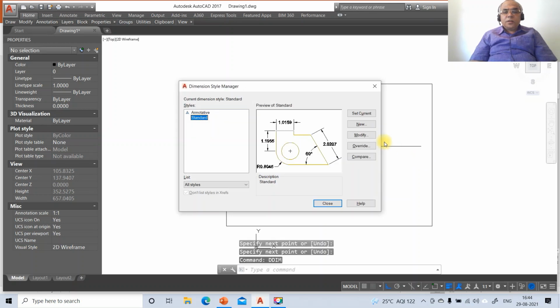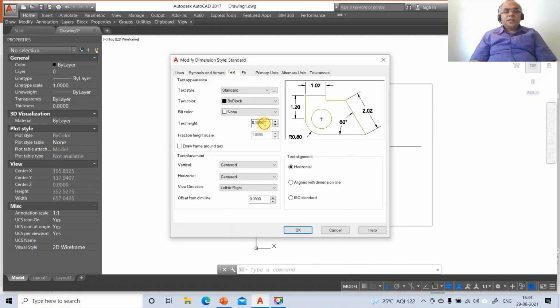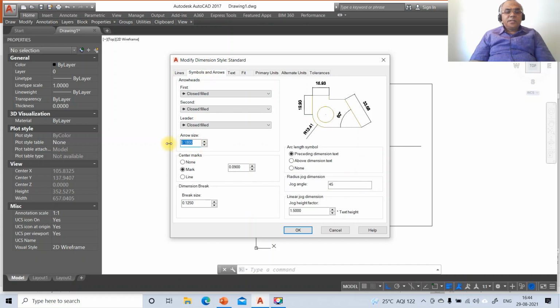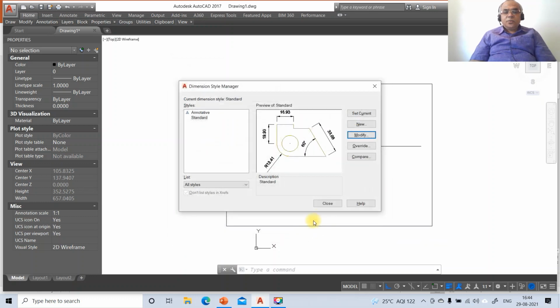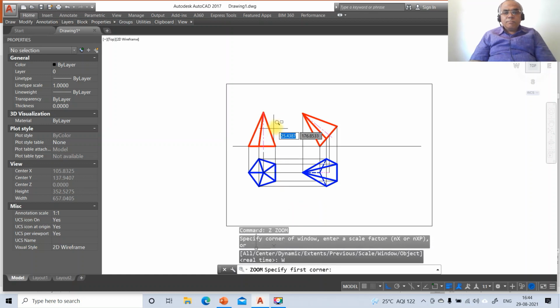Now we need to go for DDIM, modify, set the precision as up to second decimal point, text height as 3, align with dimension line, centered becomes above, take offset from the dimension line as 3, symbols and arrows, take the arrow size as 3, and go to lines, take offset from the origin as 3, and say OK and say close. Now we have zoom window,